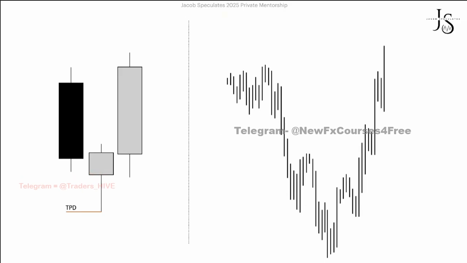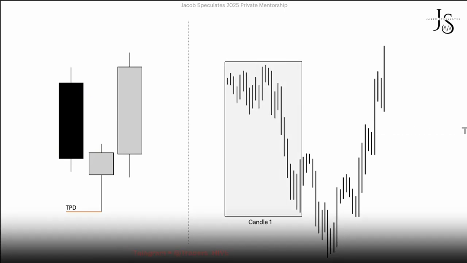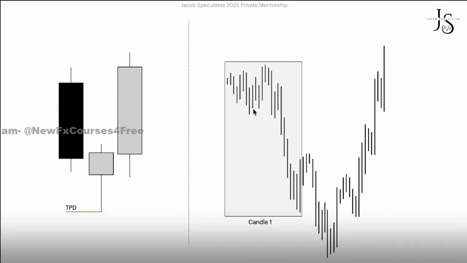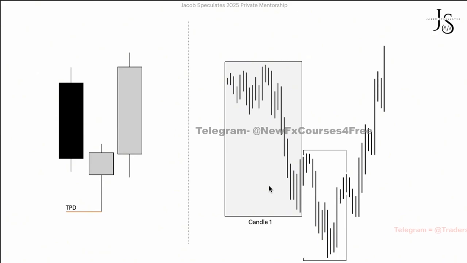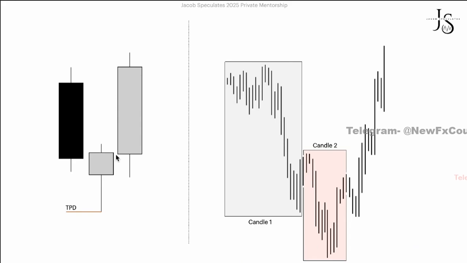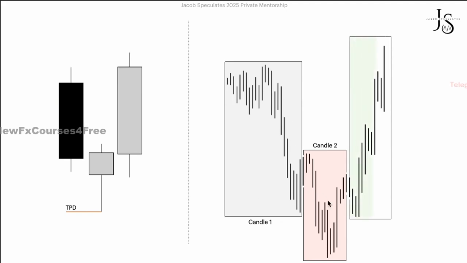But if we take a deeper dive and see what it would look like through the lower time frame perspective, we can see that we have candle 1 right here. So this entire candle, which would be candle 1, think of it on the lower time frame. This is how it would look. And then we have candle 2 right here. So it would be the actual TPD. And then we have candle 3. So this portion of price action would represent candle 1, this would represent candle 2, and this would represent candle